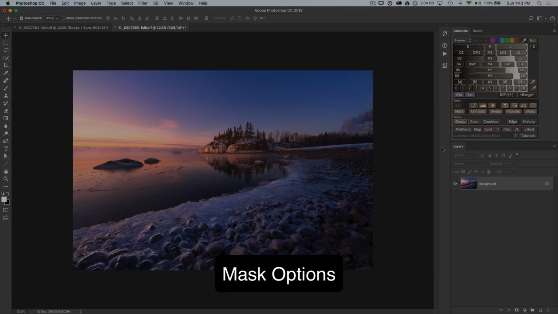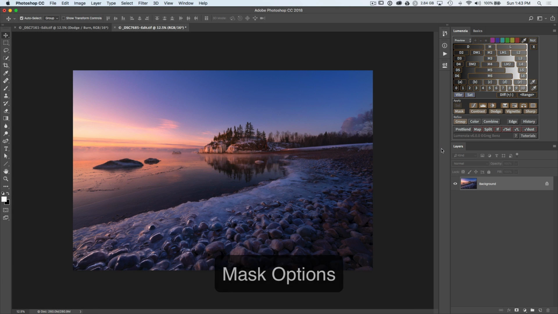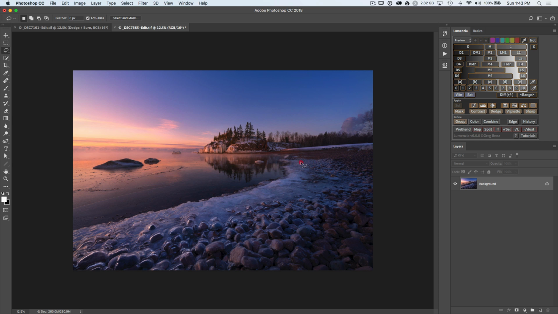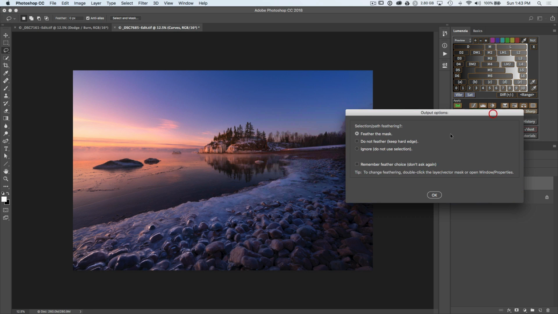In this tutorial, you'll learn about some of the masking options that show up as pop-up dialogues when you have an active selection or path and click on any of the orange apply buttons or the group button here. For example, if I click L for a lasso selection and drag it around this ice, when I go and click on contrast, I'm explicitly telling Lumenzia that I want to adjust the contrast in this portion of the image,